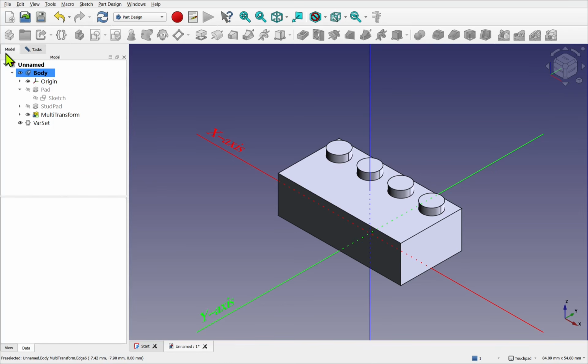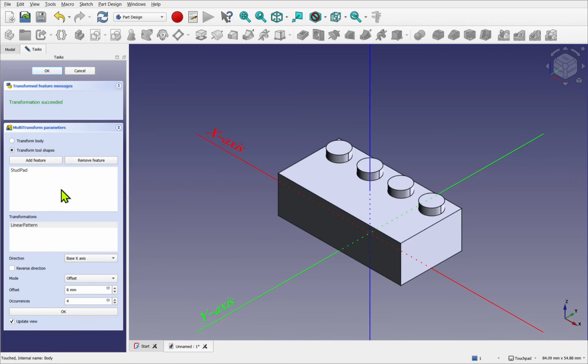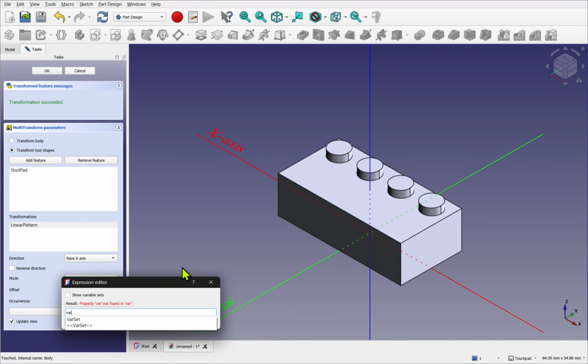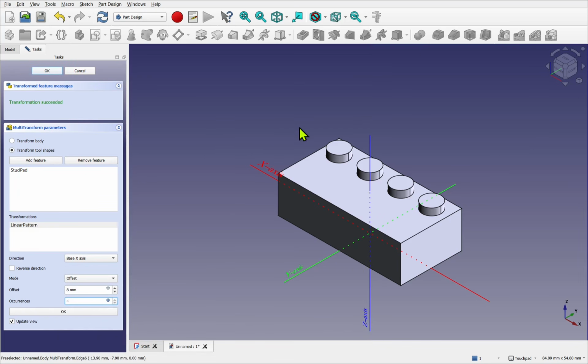If we look back to our model and look back to the VarSet, notice the length units is 4. So that means we can use the VarSet to control the studs. Back to the task, where we're editing the multi-transform, look at the occurrences, use the little button on the end of the expression editor, and we'll type in VarSet. This one's going to be length units. We know when we get the right one because the result will be what we're expecting. Let's hit enter again. We've now rigged up the linear pattern for the studs, but we need to create the